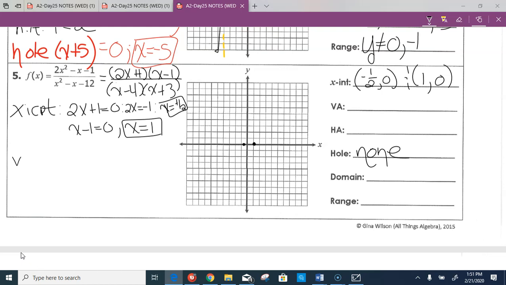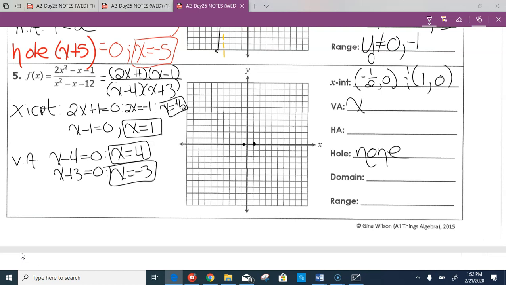Now to my vertical asymptote. That's wherever the denominator equals 0. And that one is also going to have 2 spots because there's 2 factors. The first factor I have is x minus 4. You make that equal to 0. The second factor I have is x plus 3. That's also going to equal 0. What number minus 4 equals 0? Well, that would have to be x equals positive 4. What number plus 3 equals 0? And that would have to be a negative 3. So I have 2 vertical asymptotes at x equals negative 3 and at x equals positive 4 because there were